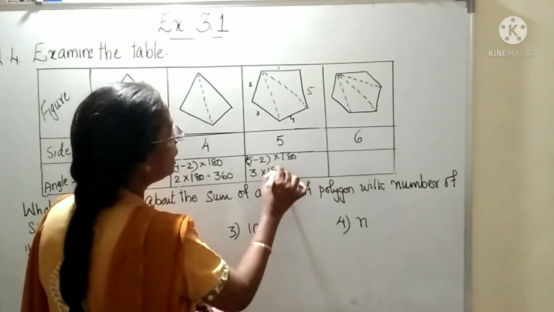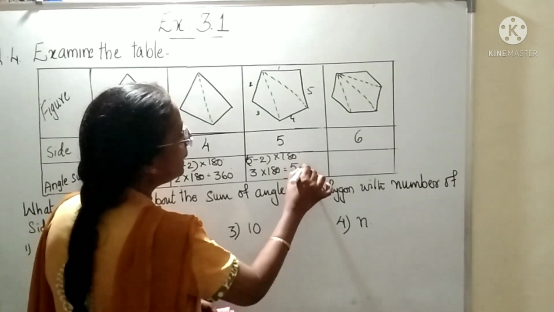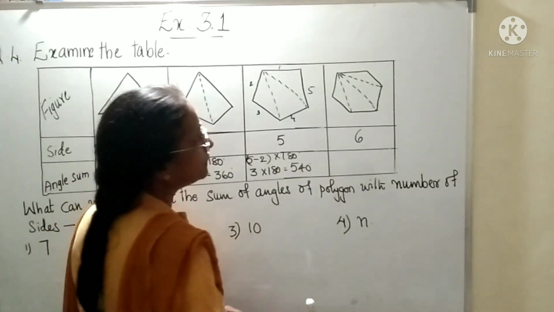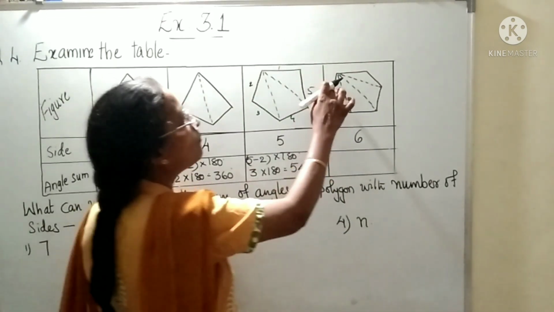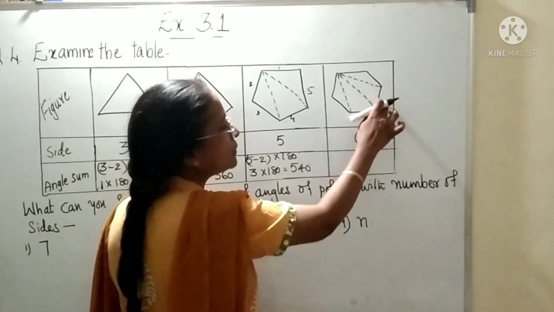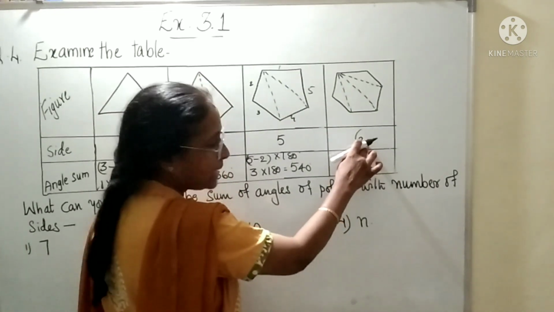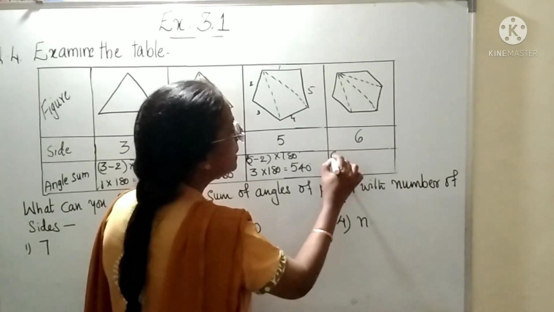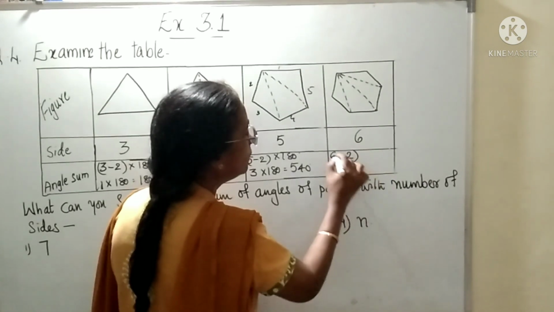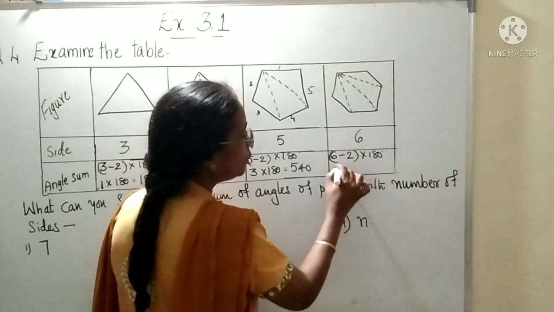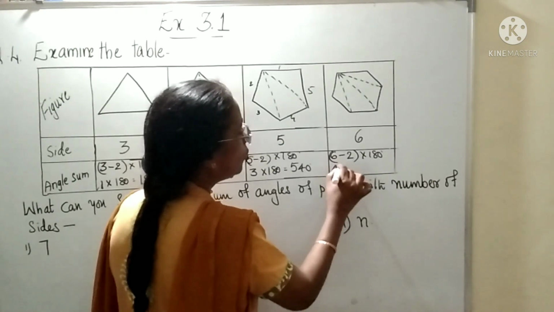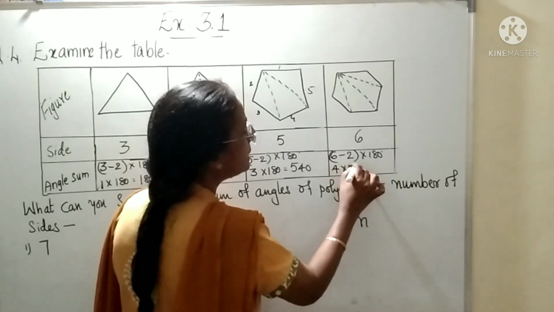How much it is 3 into 180? 540 degree. Now here how many sides are there? 1, 2, 3, 4, 5, 6 sides. So when 6 sides are there, it should be 6 minus 2 into 180 degree. That is, what is 6 minus 2? 4. 4 into 180 is